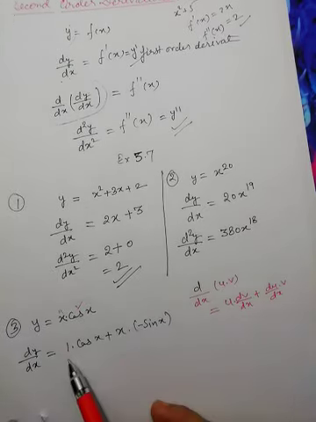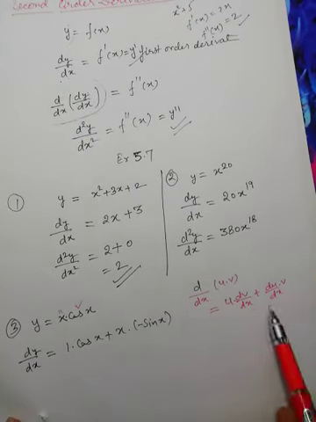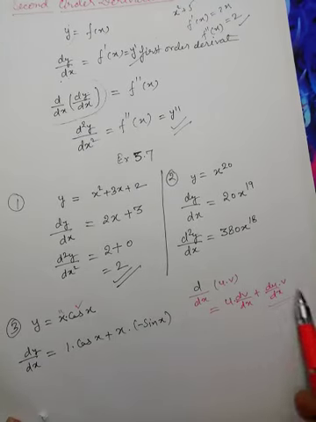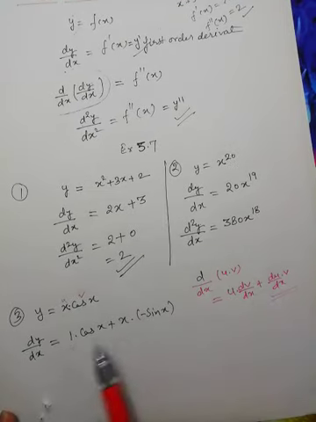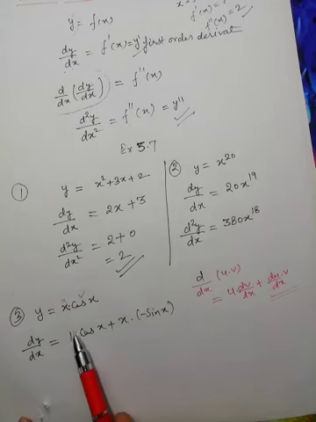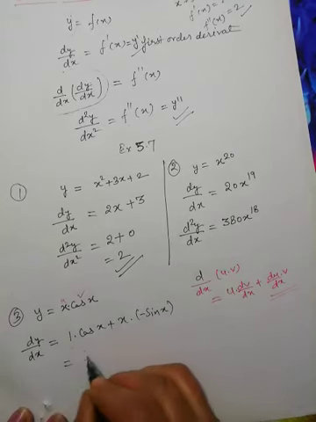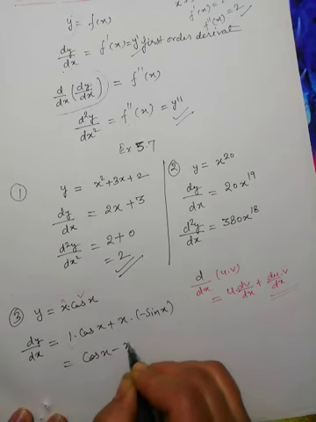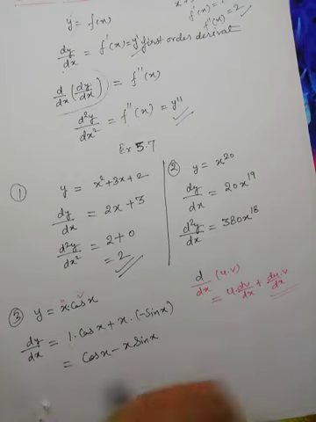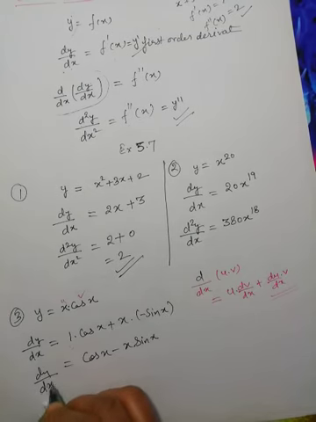I have taken this term first, the second one doesn't matter, because addition is there, so the order can be changed. So what we have taken: du by dx, that is 1, cos x as it is. Next time, x which we differentiated earlier will remain as it is now. d by dx of cos x is minus sin x. So this is what we get: dy by dx is cos x minus x sin x.